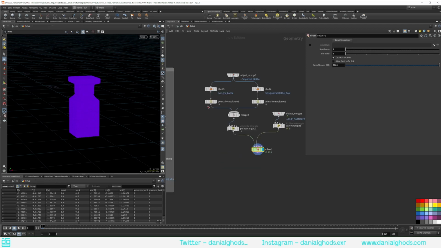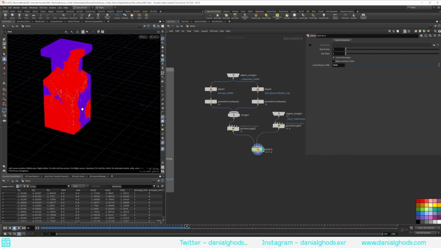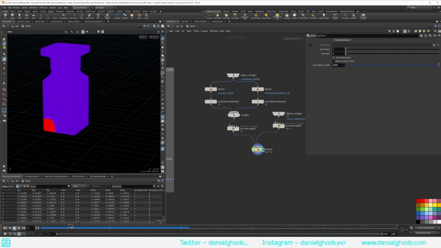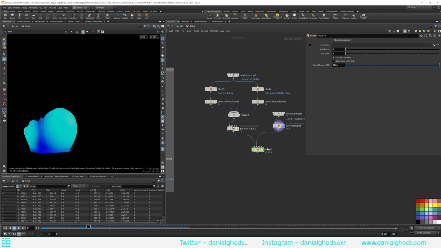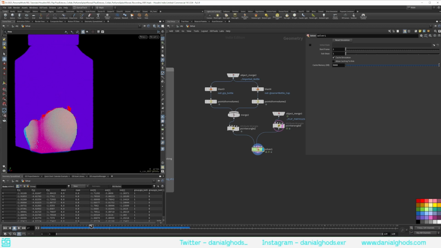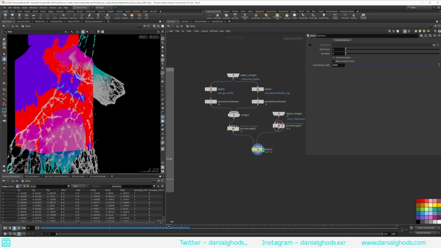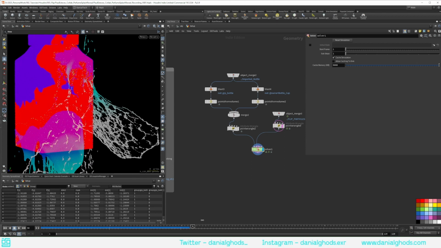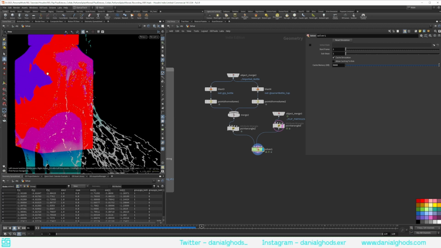Now if we go into the output and we let this play, what we're currently seeing is the mask value, which we don't care about right now. We want to see the infection value. So if you take a look at this now and slowly scrub through, we can see that this is probably the hit from the liquid itself. But this little bit here is the infection happening. There we go. So we can see the liquids, but we can also see how we have this growth happening now with each of these points here. It's like looking for another point close by to them that is not infected and then passing them that infect